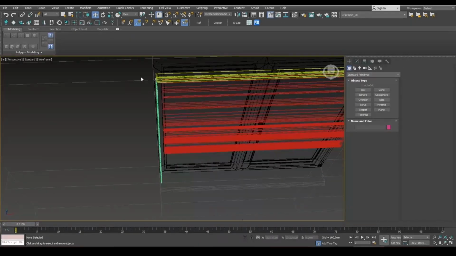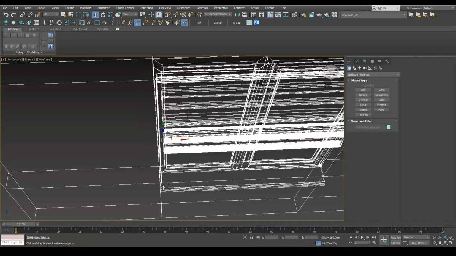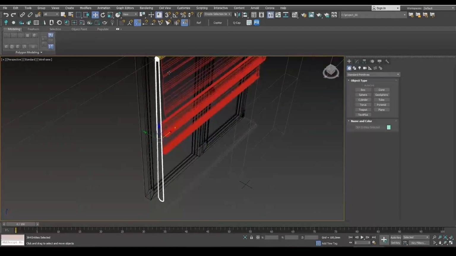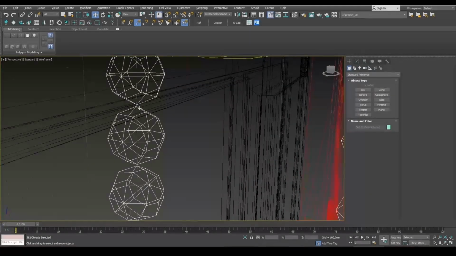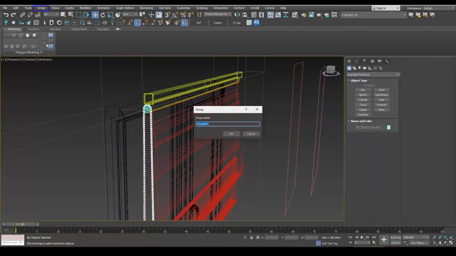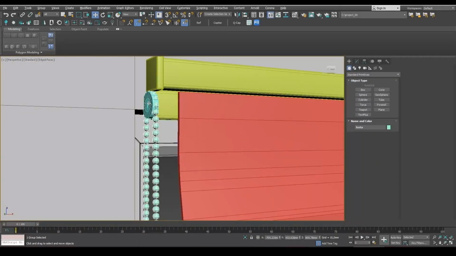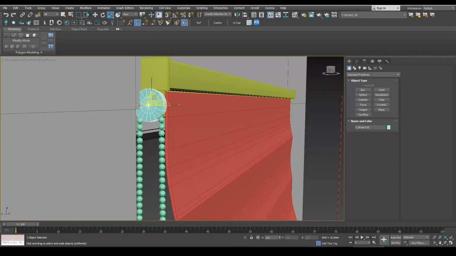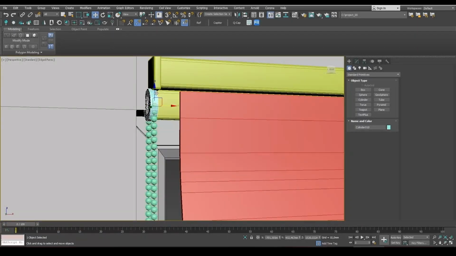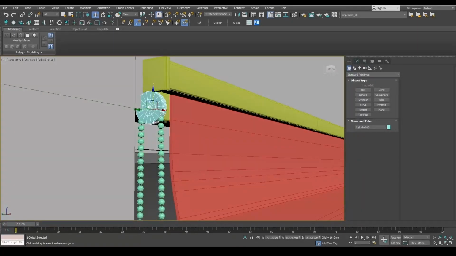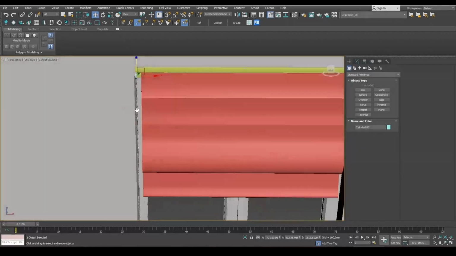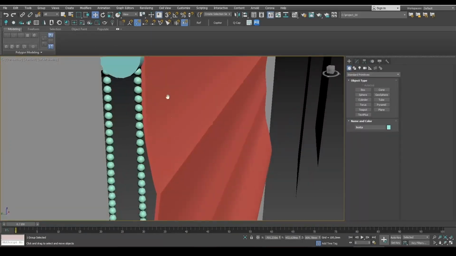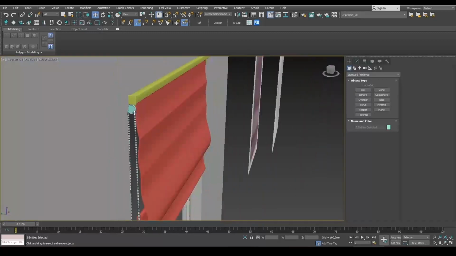Now let's group the beads so that we can easily assign material. Select the beads, leaving out the plug and the spline. We click group and give a name to our group. Now use the scale tool to enlarge the cylinder. Let's lower it a little bit. There's no need to imitate holes here. They're too small and won't be visible anyways. Shift the group of beads